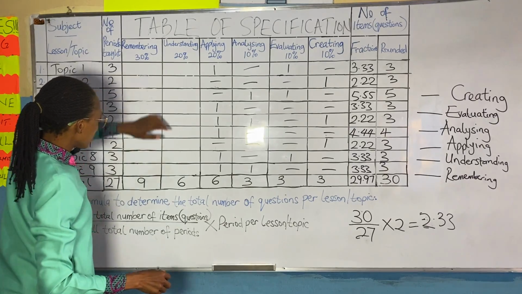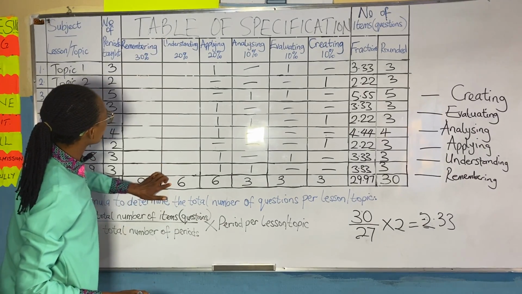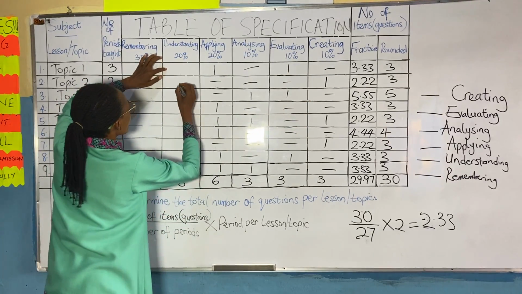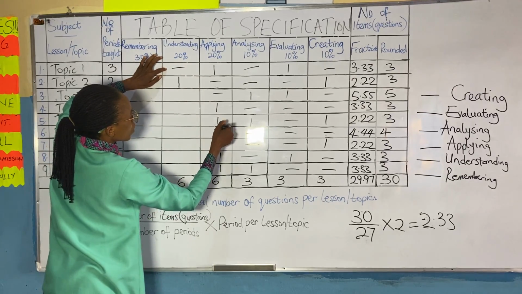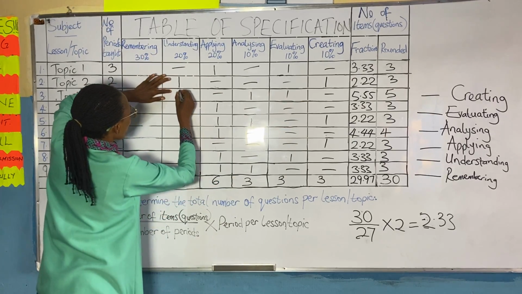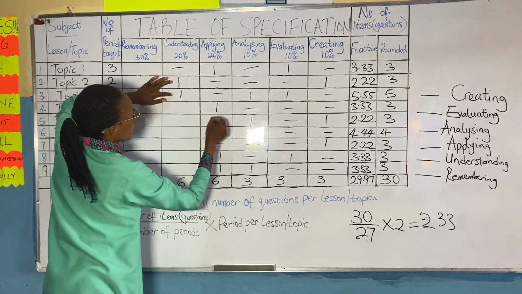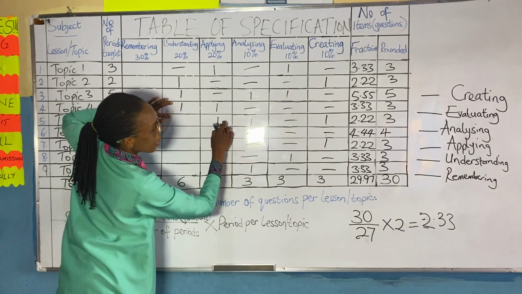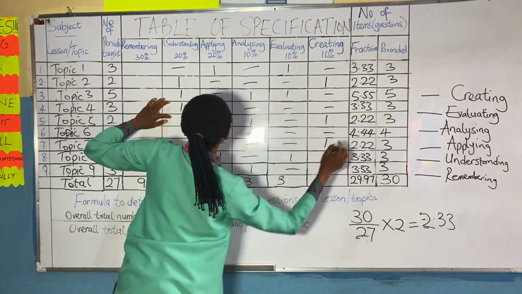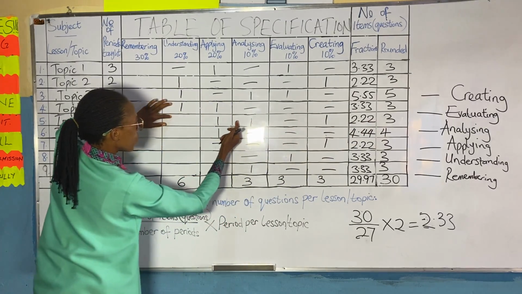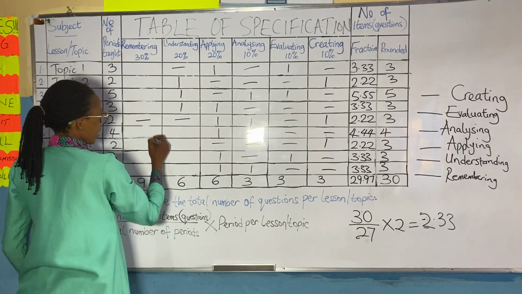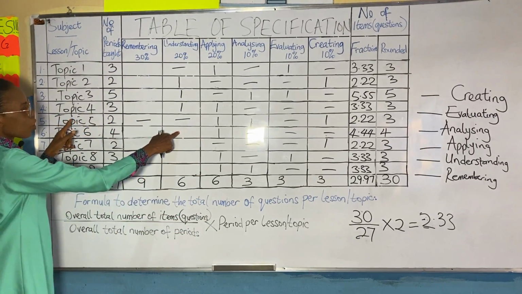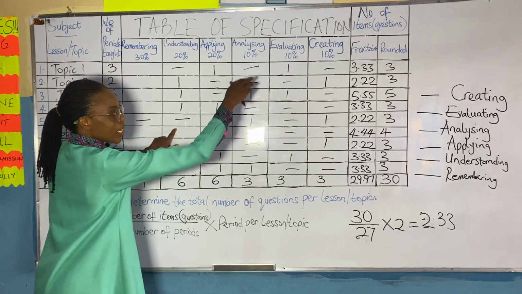Okay. So let's come to understanding. We have 2 questions here. We have only one here. So let's say 1 here, dash. Let's say 1 here. We have only one here. Let's say 1. Here, we already have 1, 2, 3, and you know that we cannot exceed 3. So we already have 3 here. So there's going to be a dash here and a dash here, which means